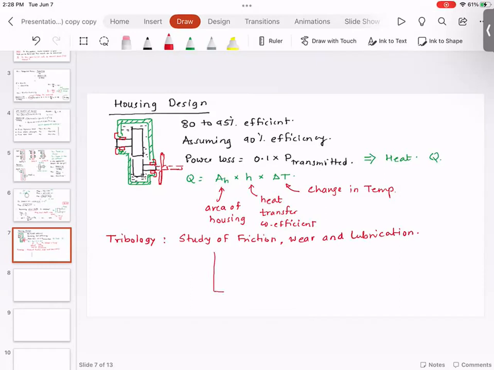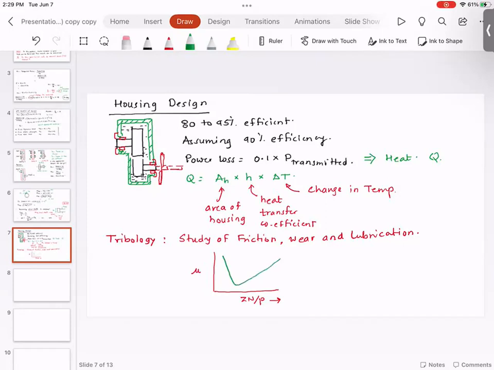And what you have is something called the coefficient of friction, and something called the characteristics number, and that characteristics number depends upon the contact pressure, the viscosity, and the speed, and then the coefficient of friction